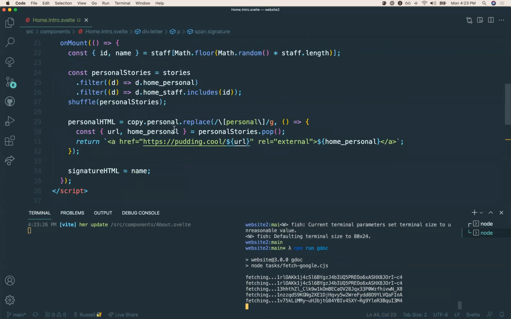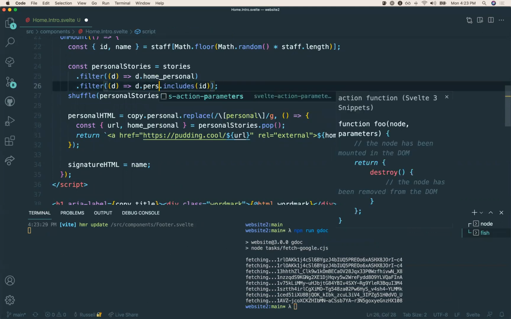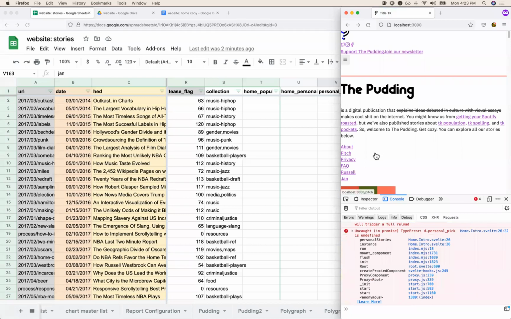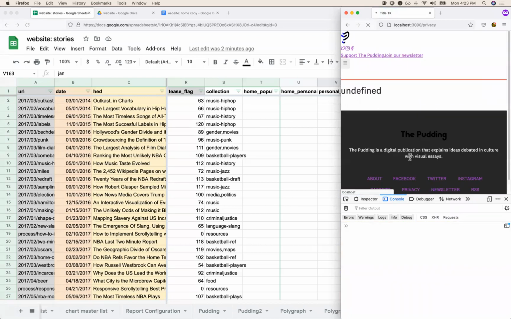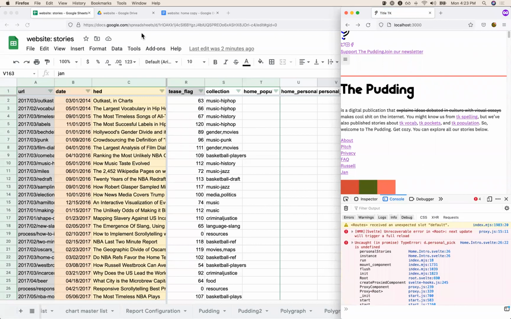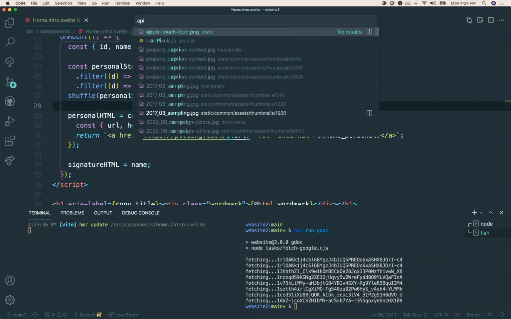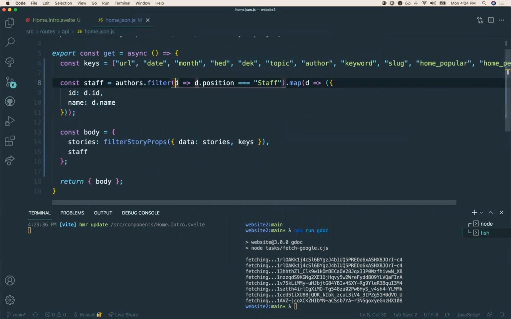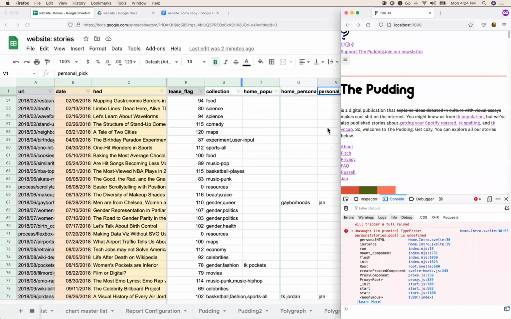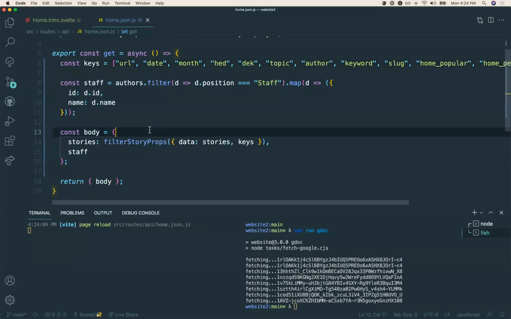It does make sense it's broken because I need to bring it in. Also, what the heck, home staff? What was that even? Personal pick. And only one should work, right? So they should. Undefined. Oops, I'm on the homepage. Okay, d.personal pick. Did I get that wrong? Personal. Oh, we didn't bring it in. That is the downside. Not all the stuff is coming in. So back to personal pick. So close. Personal stories dot pop, because